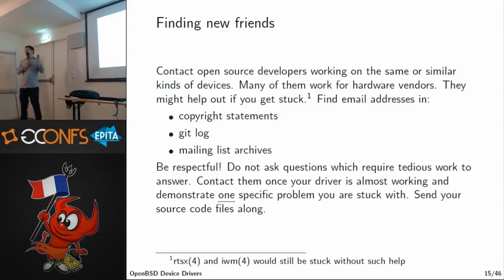Because if you ask a very concrete question to an open source programmer who's working at some company, and you just find their email address somewhere on a mailing list, in Git, or Git is great for that, they put email addresses in all the logs of the Linux kernel. That's awesome, so you can just mail them all. And just ask. And I've had responses from people at Intel, Realtek, and other companies like that. And it works well if you're not making them do any work for you, but you're just asking nicely and present it as a problem case.